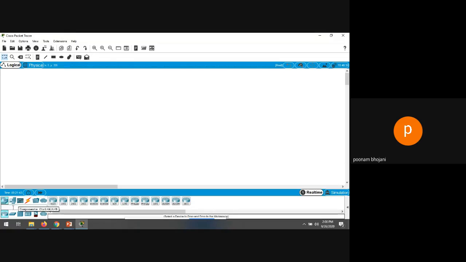Whenever you click on network devices, below that, different types of network devices are given, like routers, switches, hubs, wireless devices, and so on, security, WAN. So whenever you click on a particular network device, let's say switches, different types of switches are given, whichever switch you want to use. Now, as new users, obviously we are not all aware of these different types of switches, where this type of switch can be used, where that type of switch can be used.